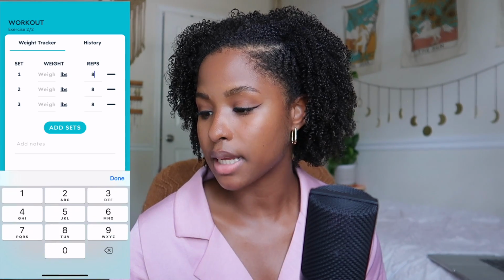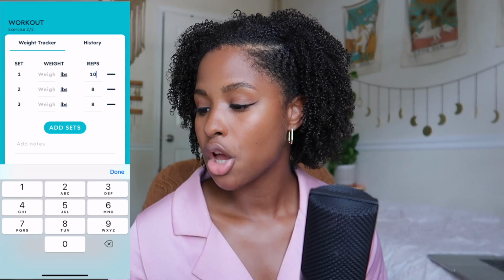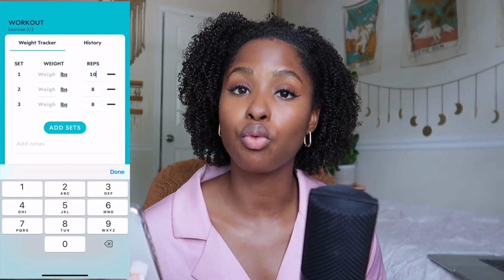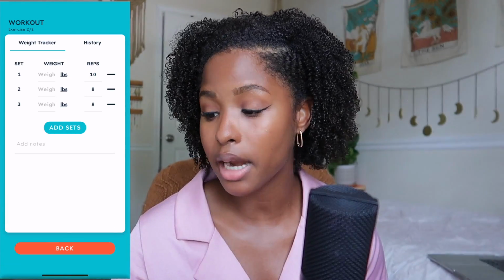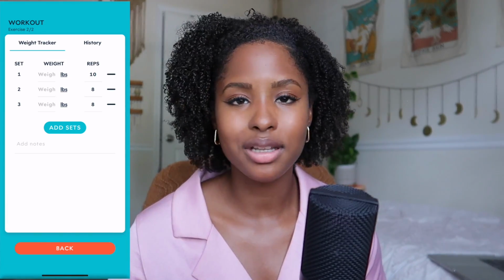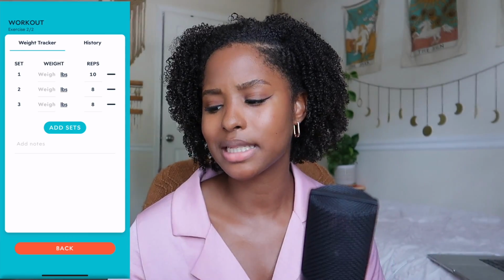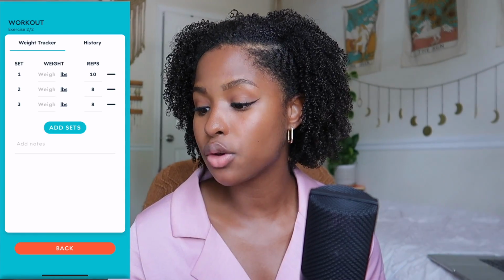Sometimes it'll say 10. I don't know if I'm explaining this correctly. So sometimes the reps in the weight tracker do not match up with the reps that it's saying on the exercise. I've seen that a handful of times, not a lot. So that's just another very minor glitch. But I don't run into it a lot because I don't track my weights that much, because it's just not a priority for me in my fitness journey right now. You can even add notes,